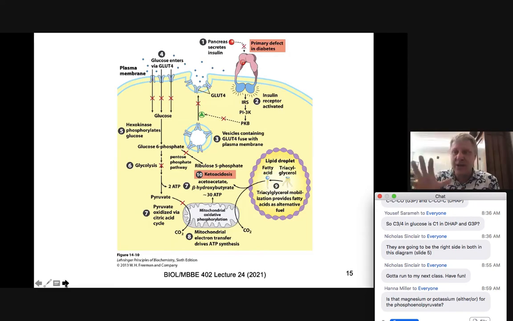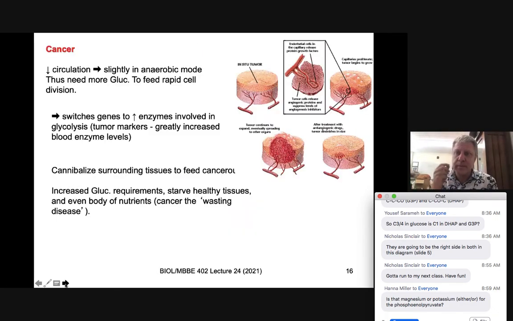So we've got a big picture now in regards to what's occurring with the multifaceted that we've talked about in the previous 8 weeks, and we're going to now move forward. Now, cancer is a problem. Cancer used to be called the wasting disease because one of the early diagnoses of cancer was basically this massive decrease in glucose